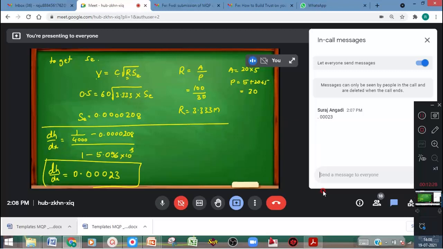Then in that equation all will be known: S naught minus SE divided by 1 minus Fr square. In the previous problem everything was directly given, and in this problem we are somewhat calculating it. Sir, previous slide. Okay.